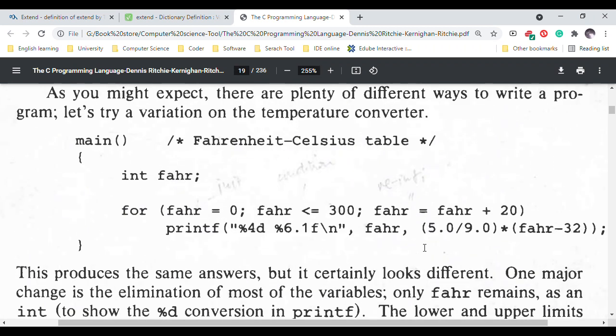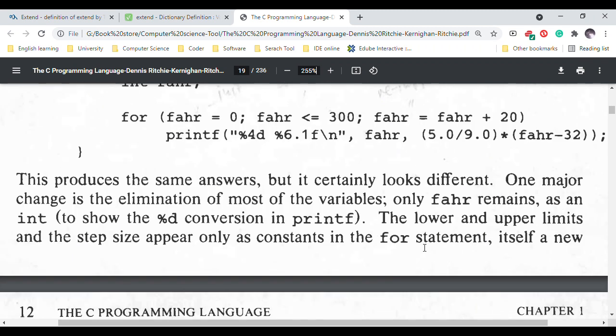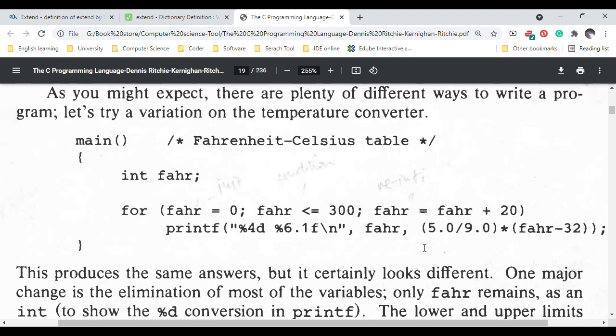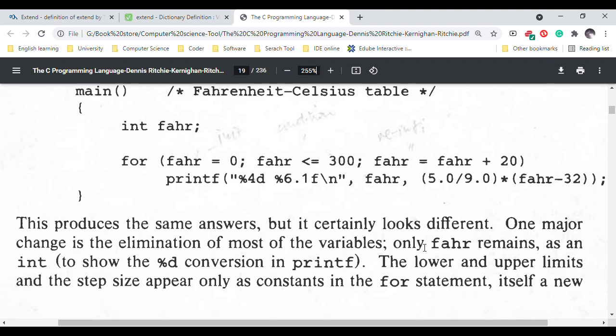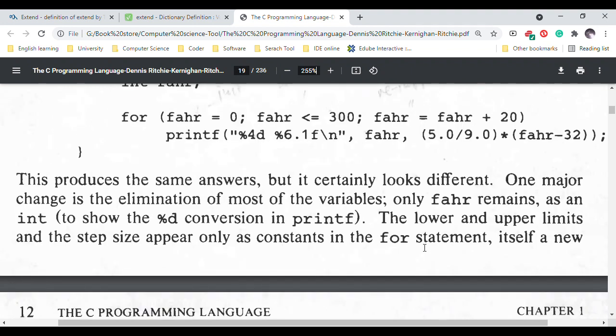This produces the same answers, but it certainly looks different. One major change is the elimination